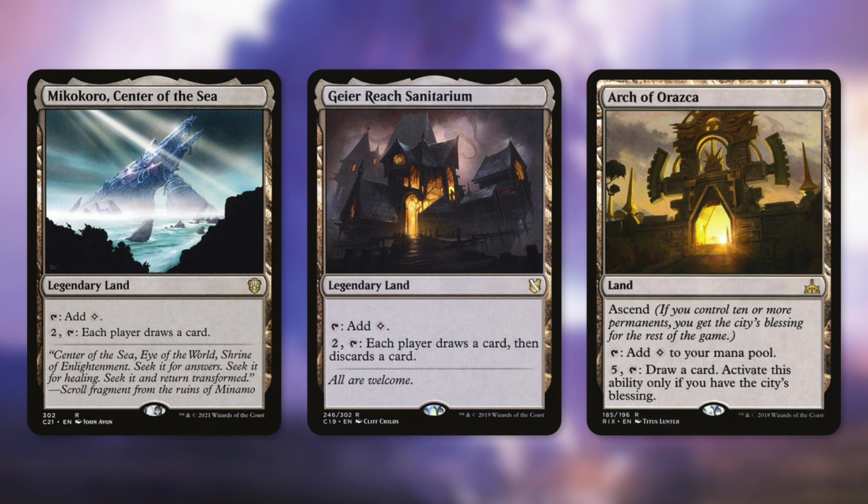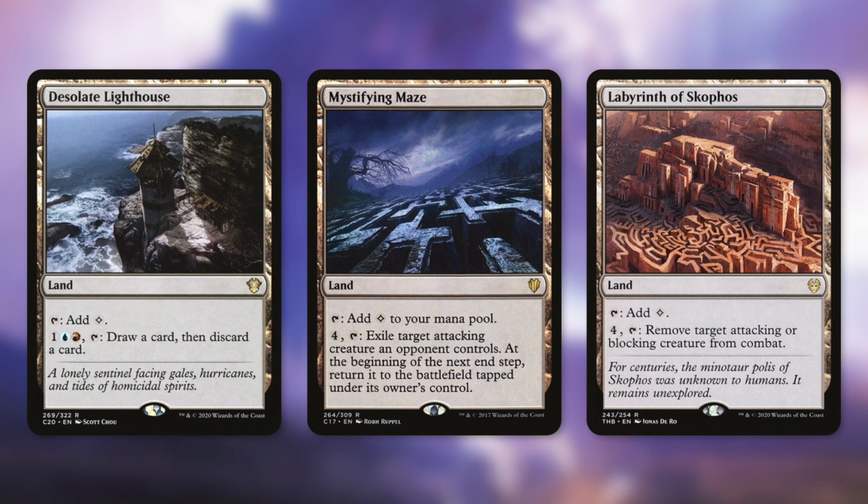First up, we've got Mikokoro, Center of the Sea, which has pay 2 and tap, each player draws a card. And then Gyrudan Sanitarium is very similar, but it's going to make everyone loot. Next up, there's Arch of Orazca, which likes to keep the card drawing to just ourselves. By paying 5 and tapping it, we draw a card, but we can only activate if we've got the city's blessing. And speaking of keeping to ourselves, there's Desolate Lighthouse, which has pay 1 blue, red, tap, draw a card,